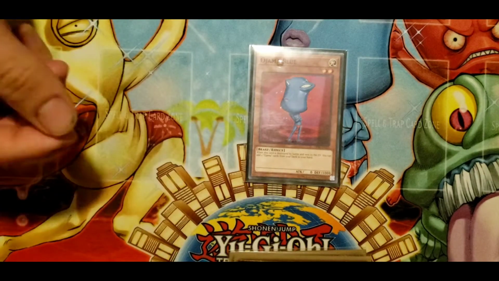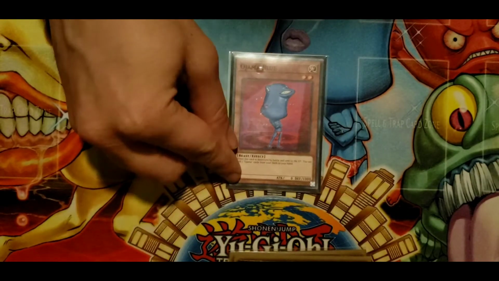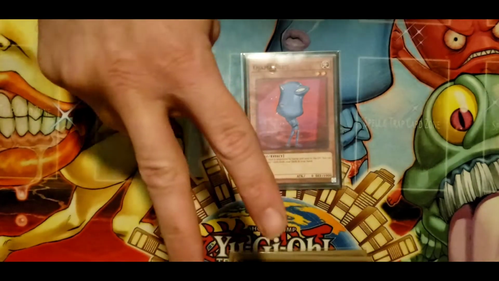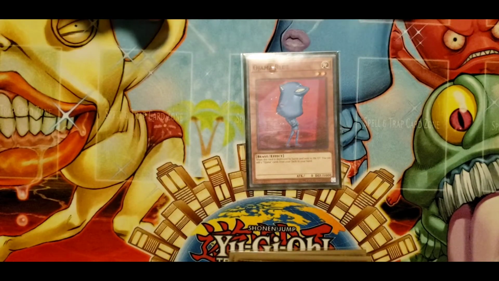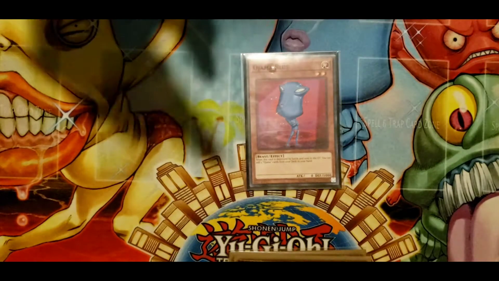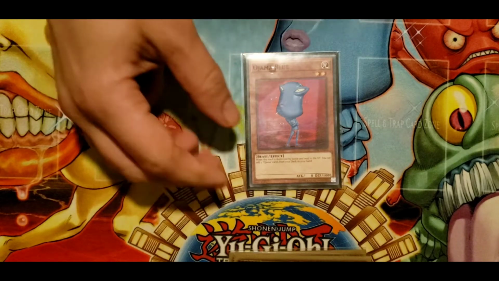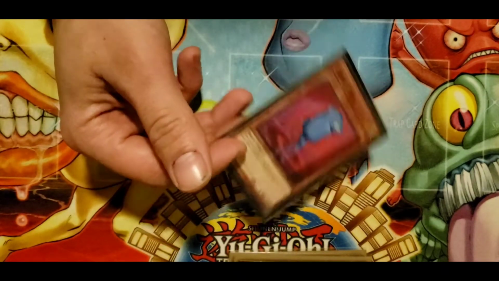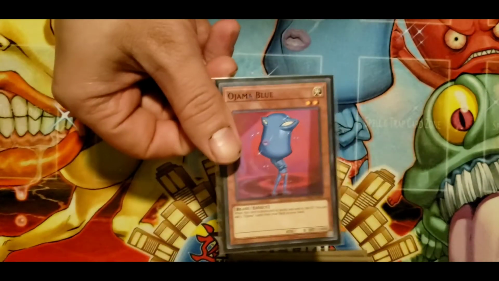What is Ojama Blue? Long story short, when he is destroyed by battle, you can search 2 Ojama cards. Yes, cards. And it's the subsequent cards that I'm about to show you that are why this is the absolute backbone of your whole deck. Because basically, in order to achieve the monsters in the extra deck, you need him for